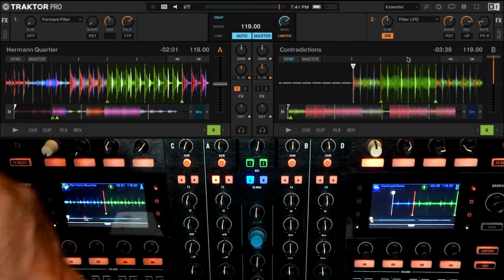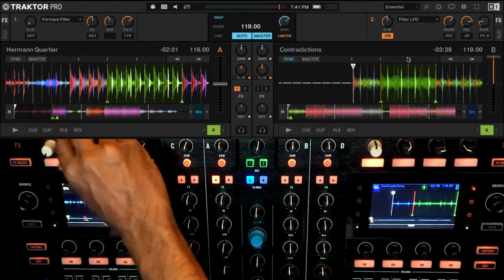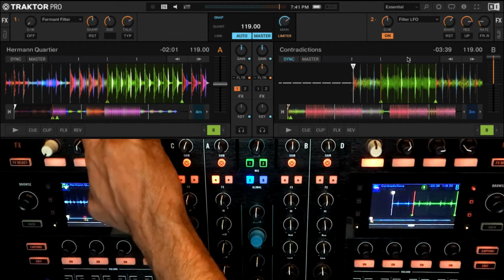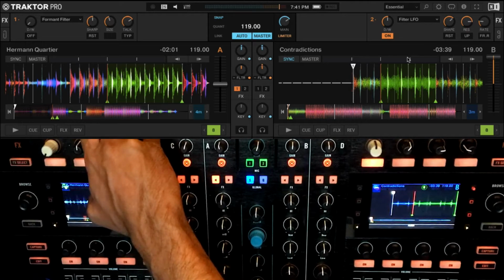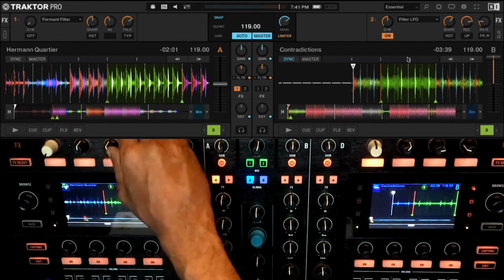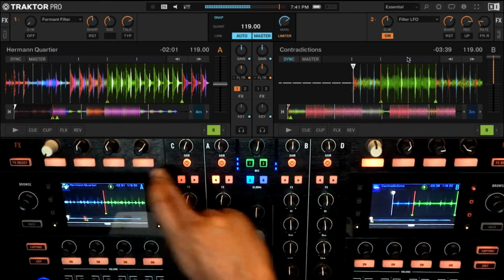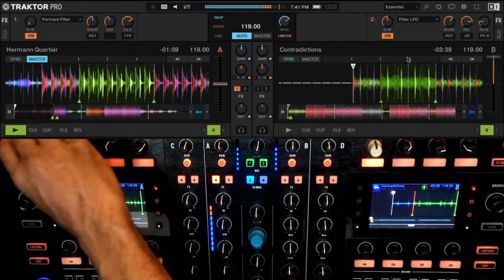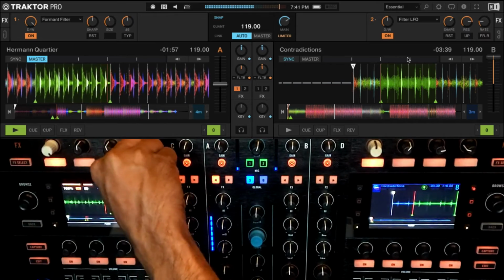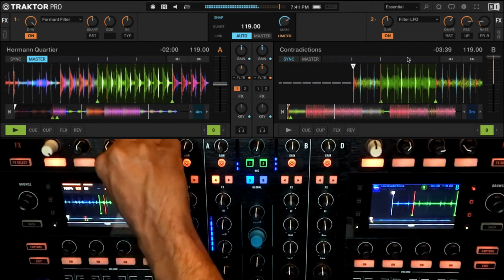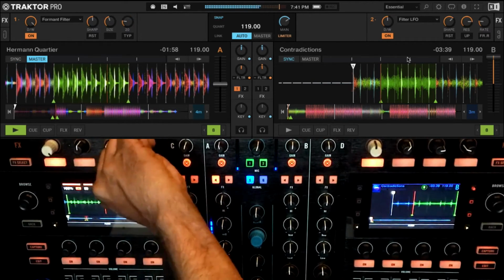So the next one is formant filter. Formants are basically the vowel sounds, A, E, I, O, U. The vowels in a language all actually have certain resonant frequencies. So the formant filter, any sound you put through it, is going to accentuate those vowels, and we're going to get this very talk box or vocoder sort of sound coming out. So let's see this. Let's play all the way. A, I, O, U, it's going in that zone.